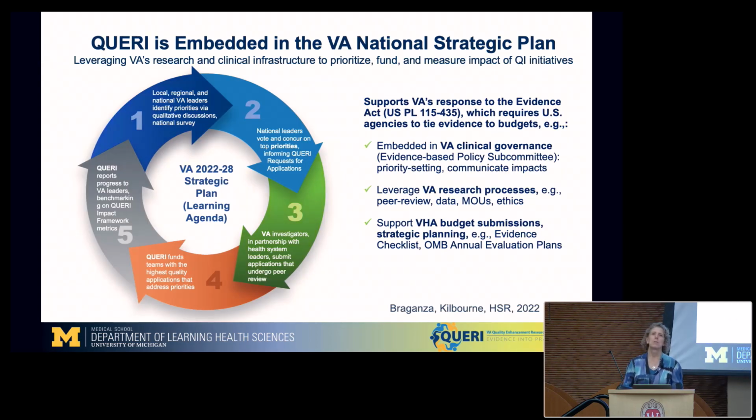And then the final thing I want to mention, here's another cycle yet again. We love cycles in VA since we like to see repeatable processes. It's baked into our high reliability way of thinking. But QUERI in the last few years has been embedded in the VA's National Strategic Plan. The VA Strategic Plan, like every other government agency's, basically tells what that agency should be spending money on. And what it does is essentially provide a cycle format in which we identify a problem to be